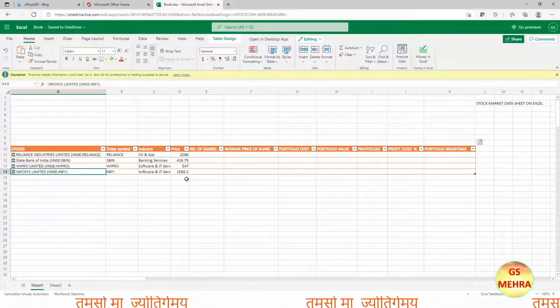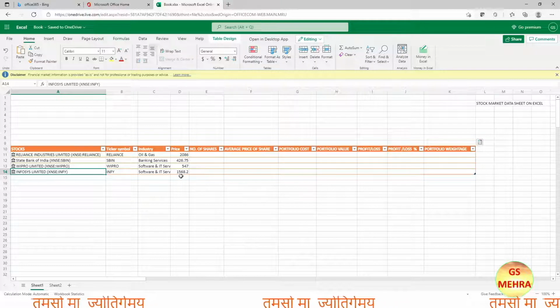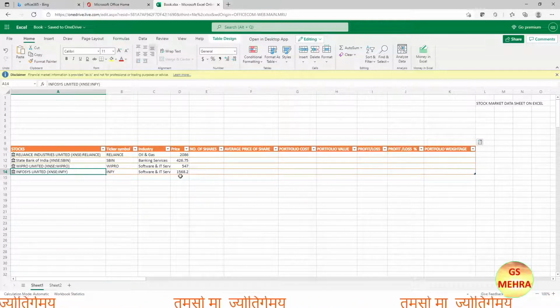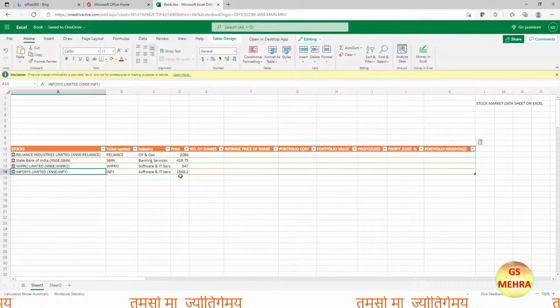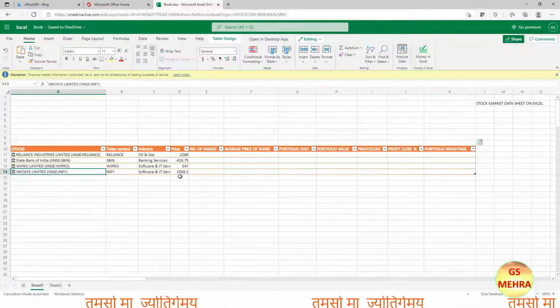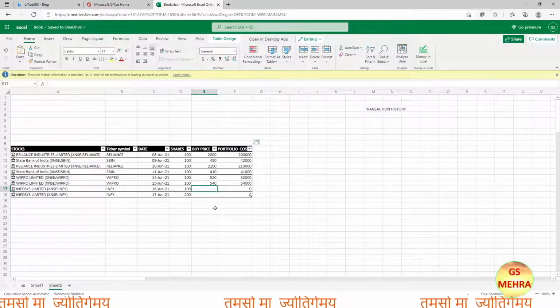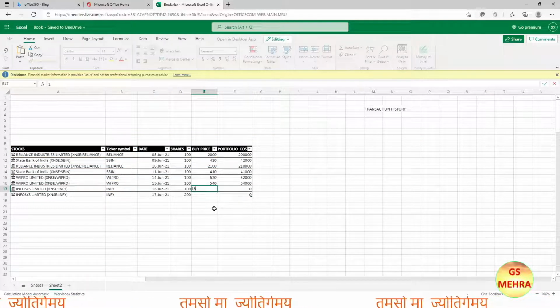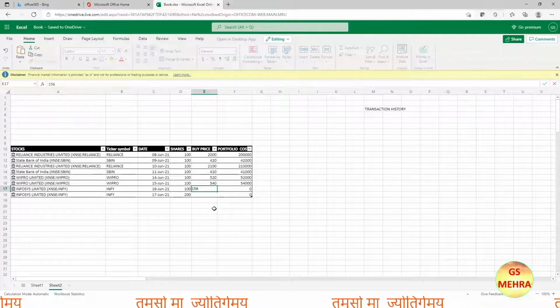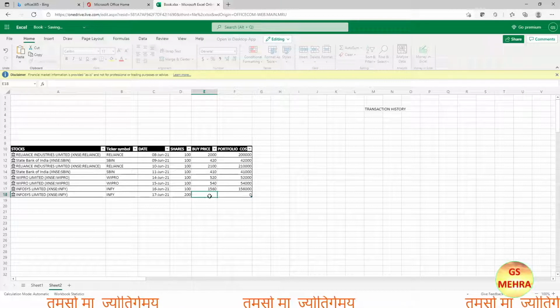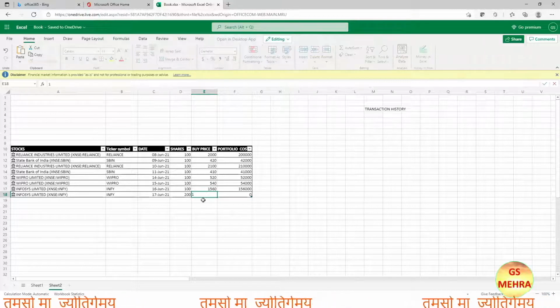So we'll be buying our stocks of Infosys very close to that. Now we'll be moving back to sheet 2, and from here let us say we are buying the first one at 1560. So 1560 is the price, and the second one let us buy at, say, 1540. So 1540. The portfolio cost will be automatically calculated.